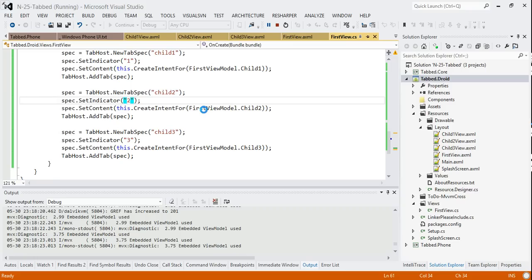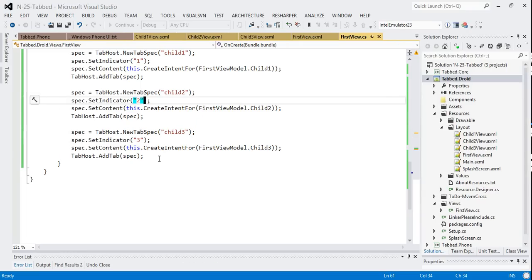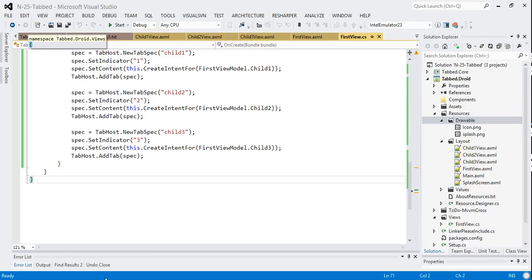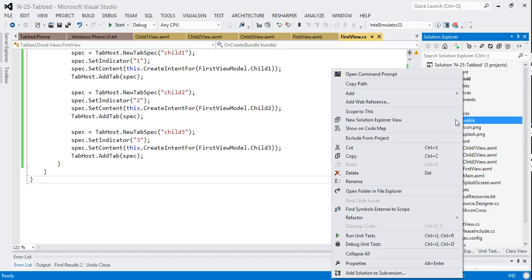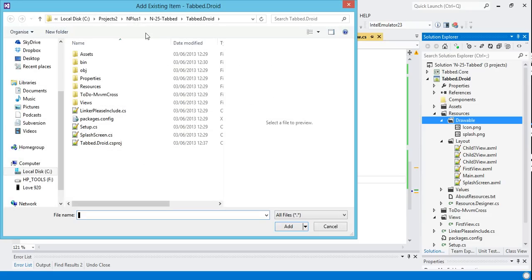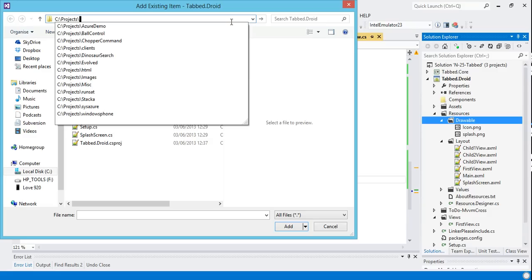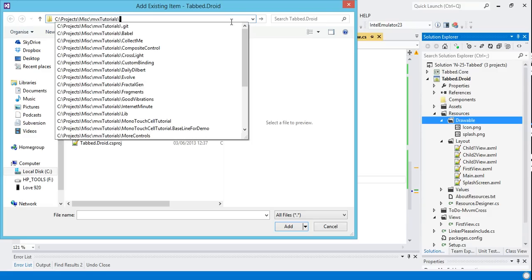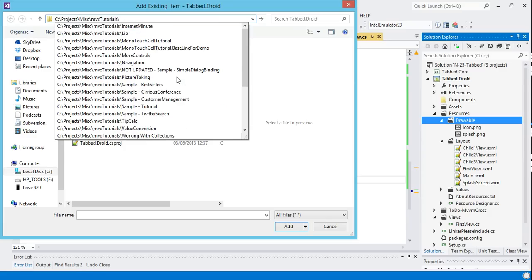So let me just do that briefly. So you can pass in a drawable. And again, what I'm going to do here is cheat. So I'm going to create a new drawable by cheating. So let me just add an existing one. So to do that, what I do is I'm going to go to an existing project, project/misc/MvvmX tutorials/ and this is going to be just an existing one. So I'll go again to the conference sample,